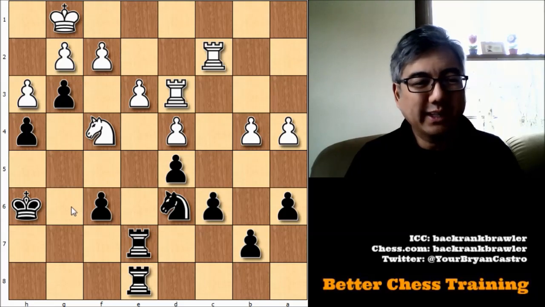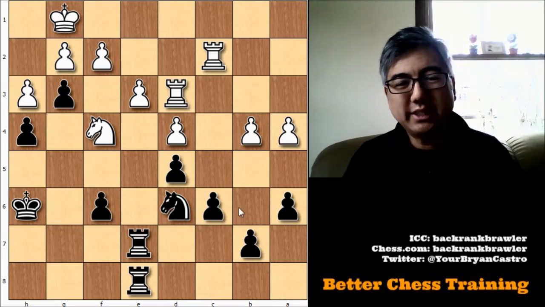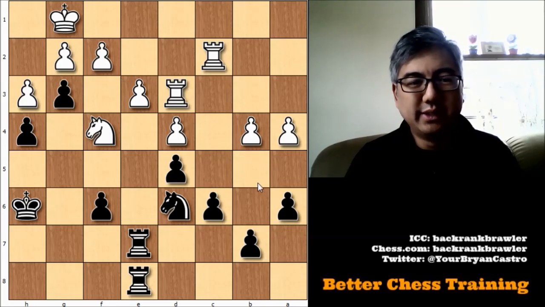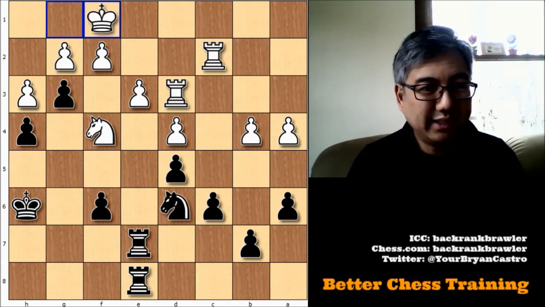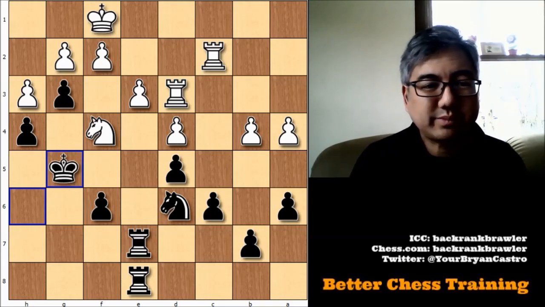black now calmly, coolly, just brings his king over to the king side. In the endgame, we want to centralize our king, bring it to the action, and seeing that he pretty much is in total control, Kasparov does that with his king. Okay, white tries to do similarly, bring his king towards the center of the action, and then black plays king to e5. Okay,